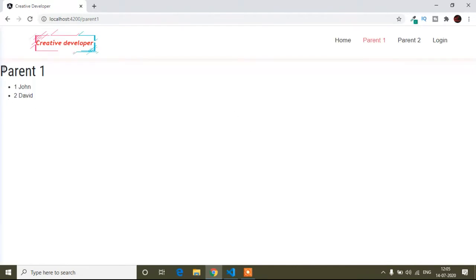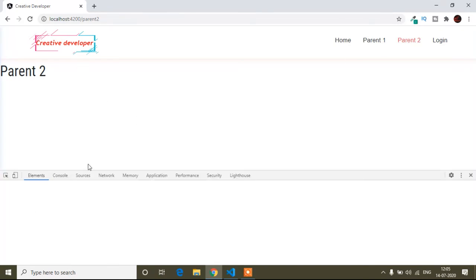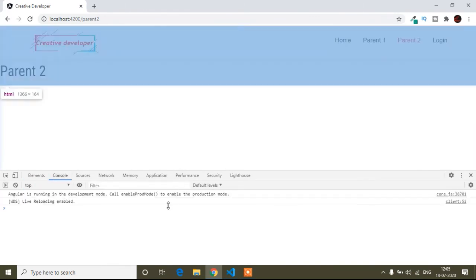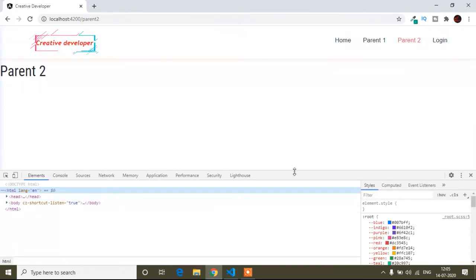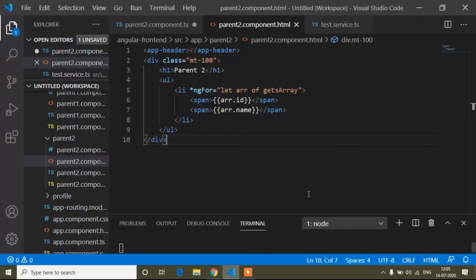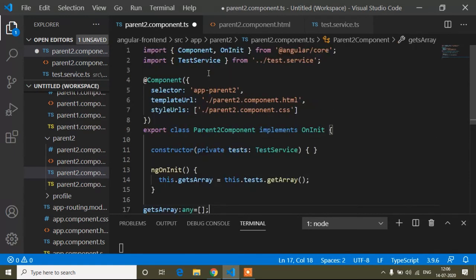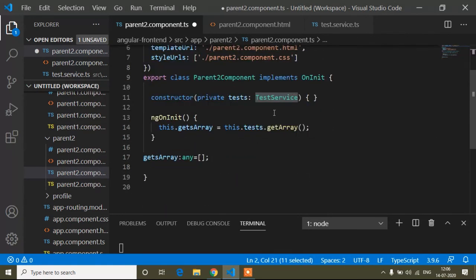and now if I go to the browser, you can see inside the parent one component it's showing the array, and if I go to parent two component it's not showing. So let's check what is wrong in our console. It's not showing any error, but where is the problem? I injected the test service and declared the test variable, so test.getArray.